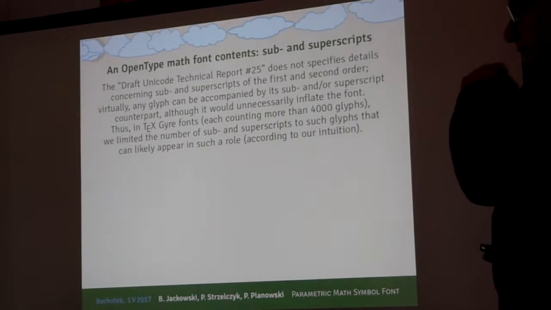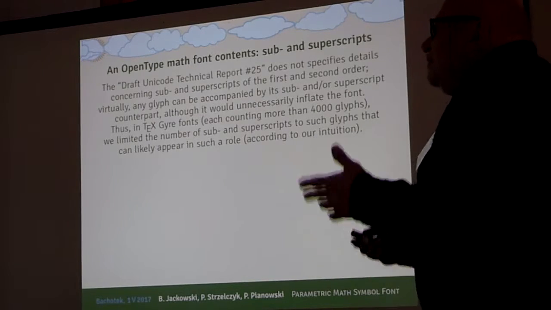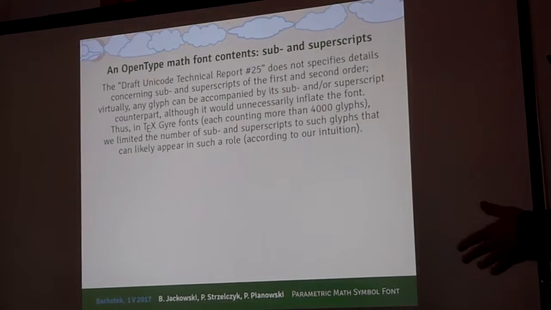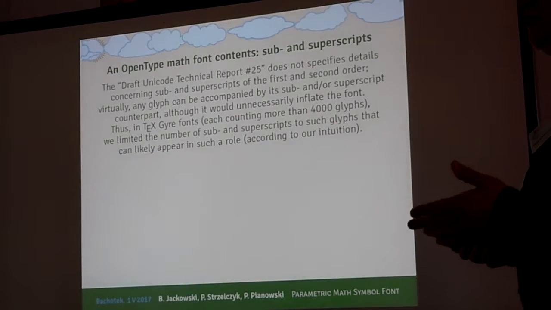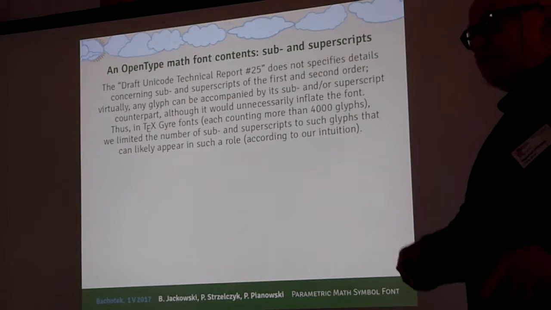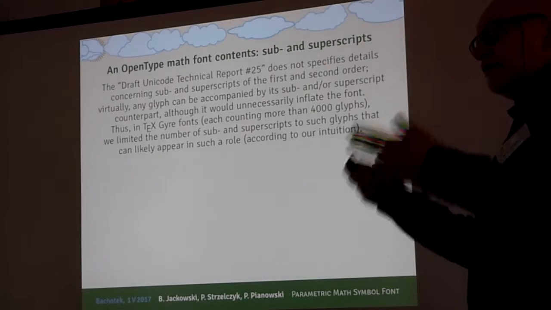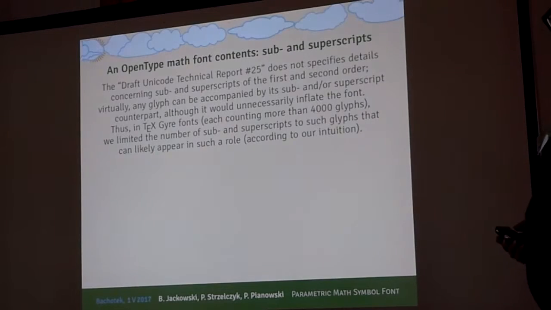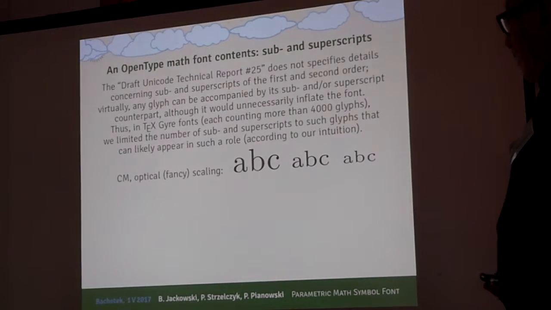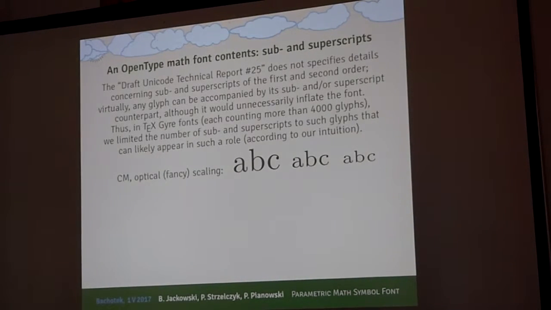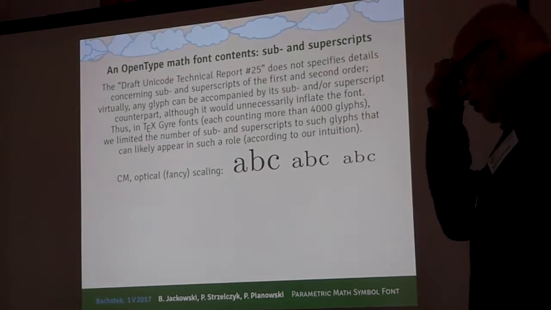So we didn't want to add superscripts and subscripts to all glyphs, because it would be too many glyphs in the font. We already have more than 4,000 glyphs in every font, counting subscript chains and extensible characters. So we tried to limit it. And it's perhaps worth noticing that among fonts I know,